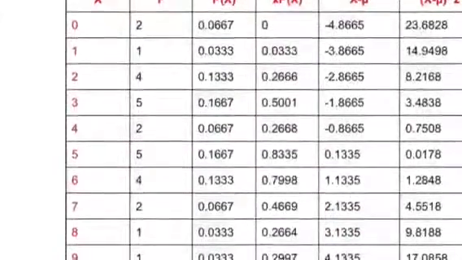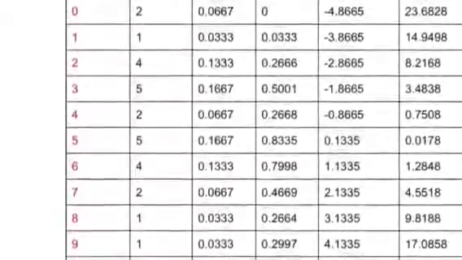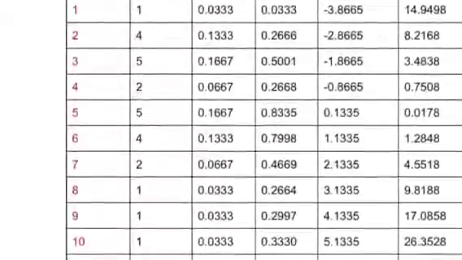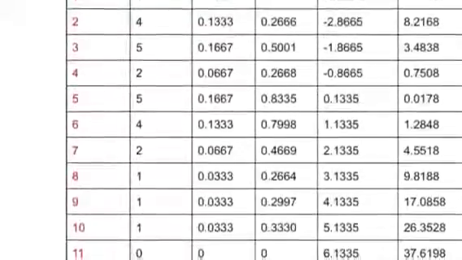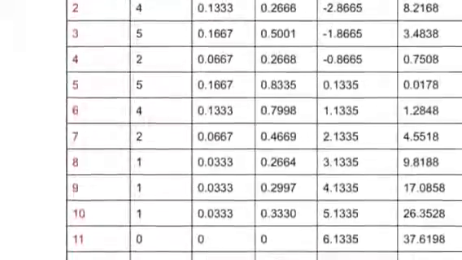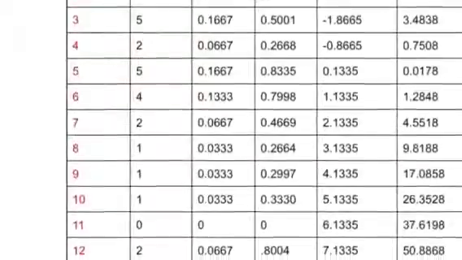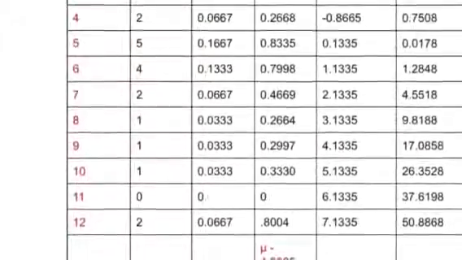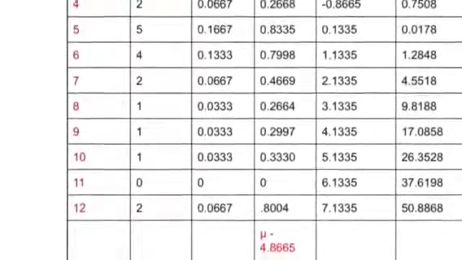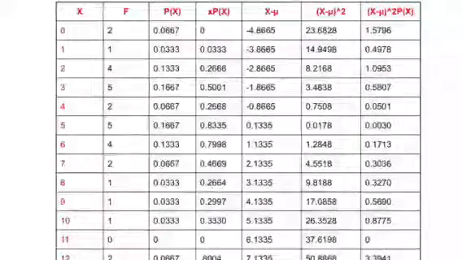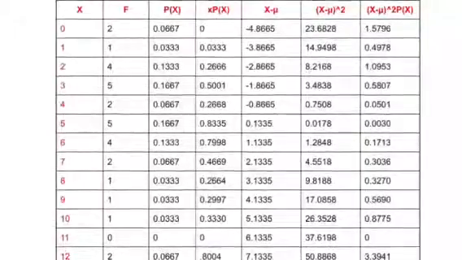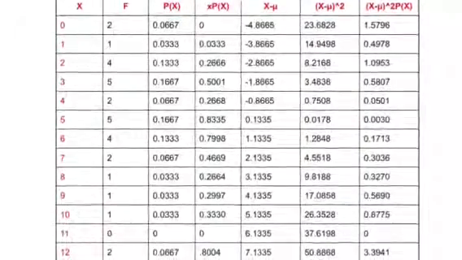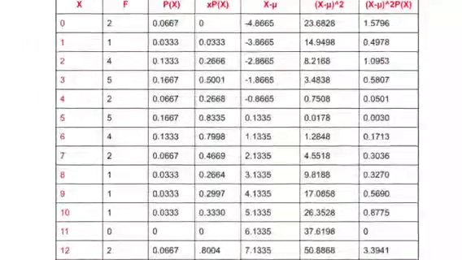After that, you square all of those answers, and so that also gets rid of the negatives. So, for example, if you square the answer to x of 5 minus mu, which is 0.1335, you will get 0.0178. The last step on your way to finding variance and standard deviation is to multiply x minus mu squared